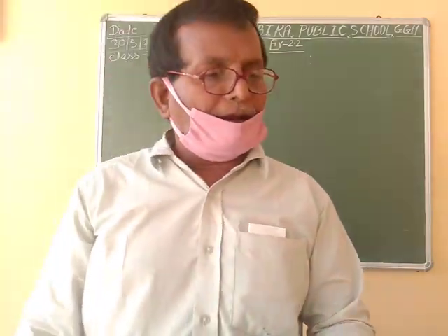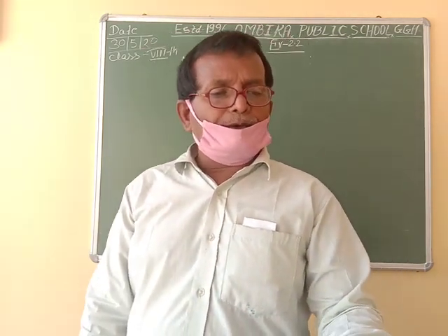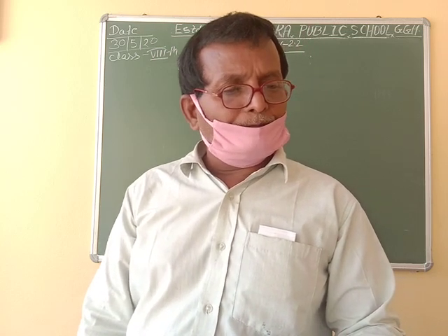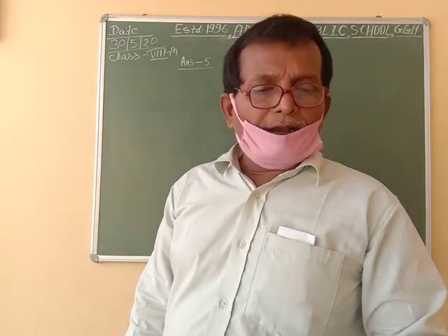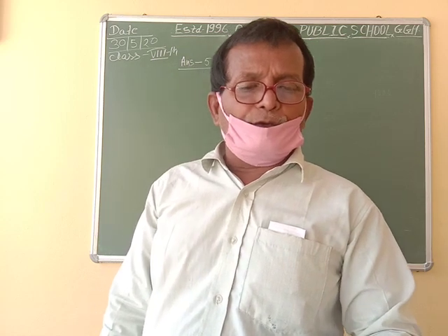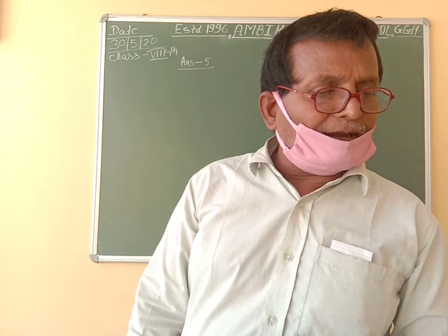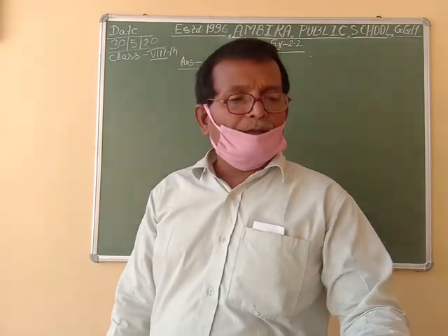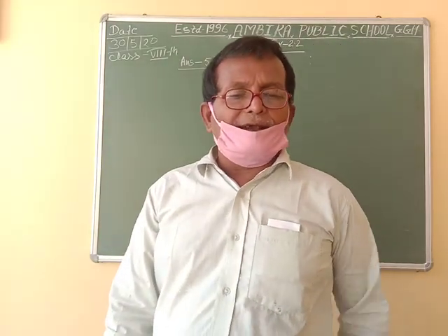In question number 5, the distance between Sun and Earth is 1.496 into 10 to the power 11 meter, and the distance between Earth and Moon is 1492.16 into 10 to the power 8 meter. During solar eclipse, Moon comes in between Earth and Sun. At that time, what is the distance between Moon and Sun?